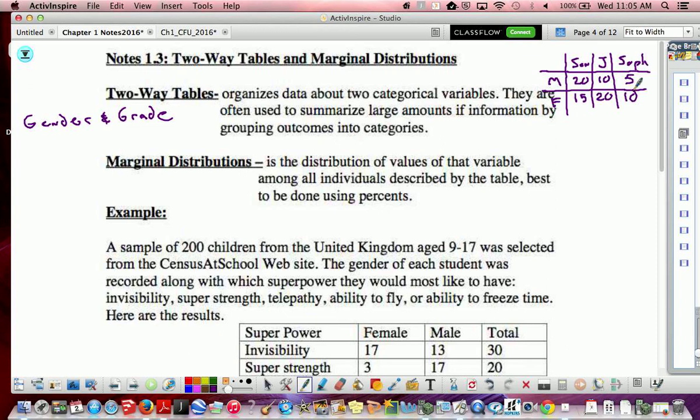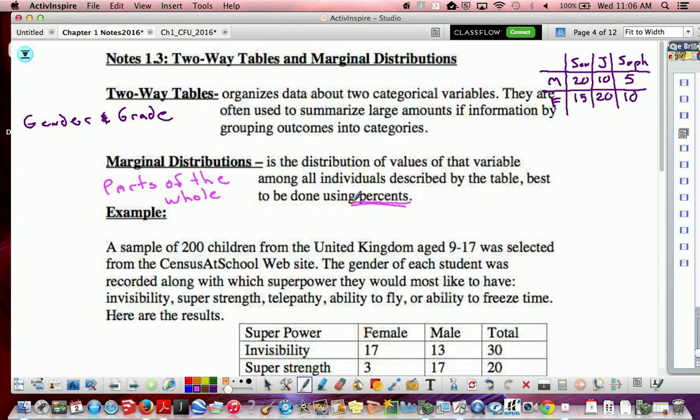Once we get that two-way table, we'll want to start to make some calculations. One type of calculation that we'll take a look at is what we call marginal distributions. Basically, a marginal distribution, what I like to think of it as, is parts of the whole. Meaning, you'll start to calculate out percents, and it's best done using percents,